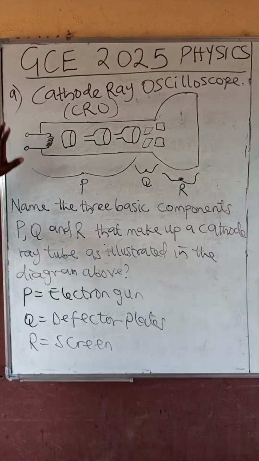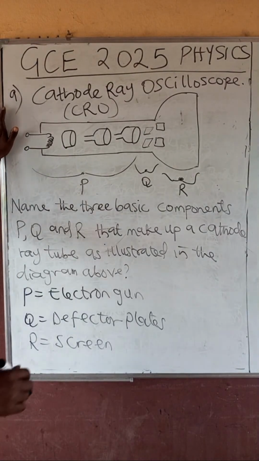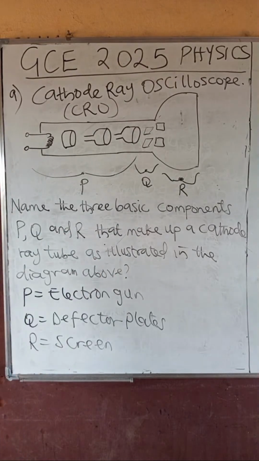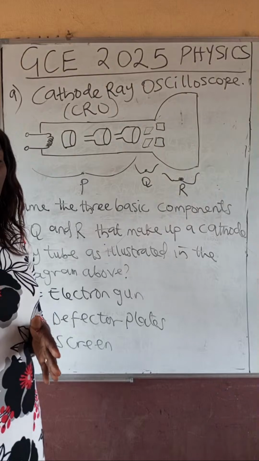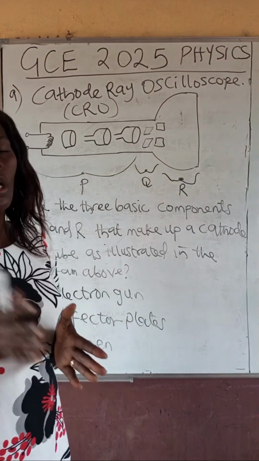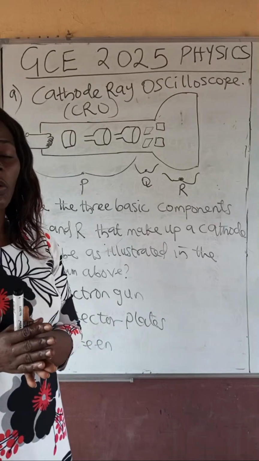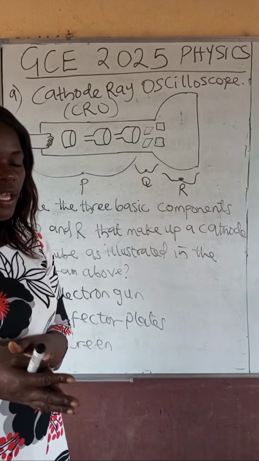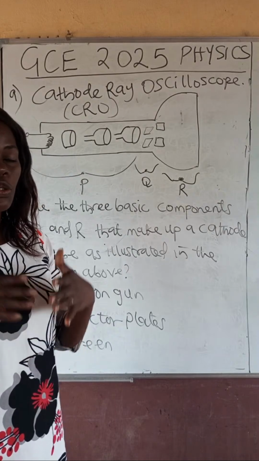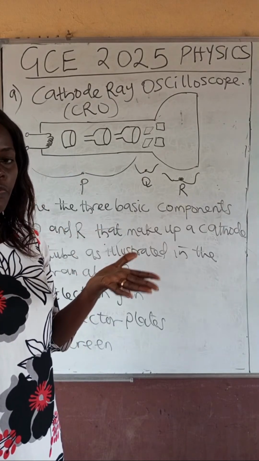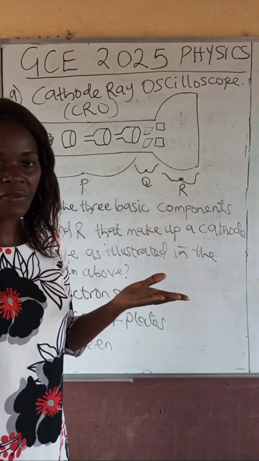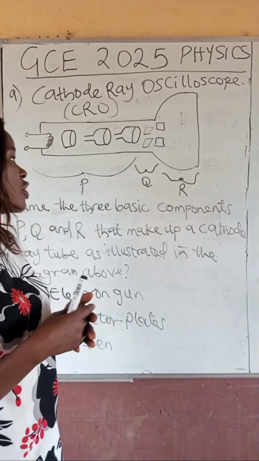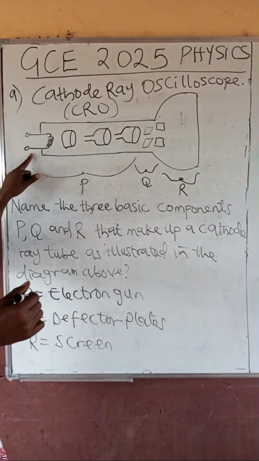All right, so this CRO or cathode ray tube is an application of what? A diode valve. And a diode valve operates on the principle of thermionic emission. What is thermionic emission? It's the emission of electrons from the surface of a hot metal. When a metal is heated, electrons tend to leave its surface because it was heated. So this is our heated filament,